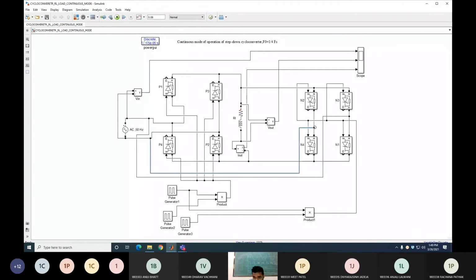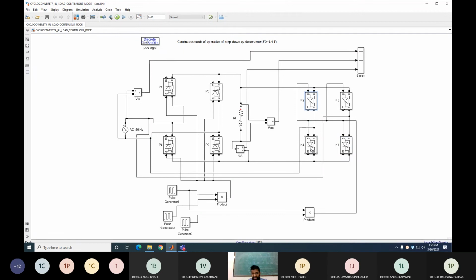Positive supply is connected with the cathode of N2, and the negative terminal is connected with the anode of N2. So it means that both N1 and N2 are reverse biased when N3 N4 is gated, or when the gate pulse is happening. Exactly the same happens in the next cycle when N1 and N2 come on again: at this time N3 and N4 go to reverse bias.